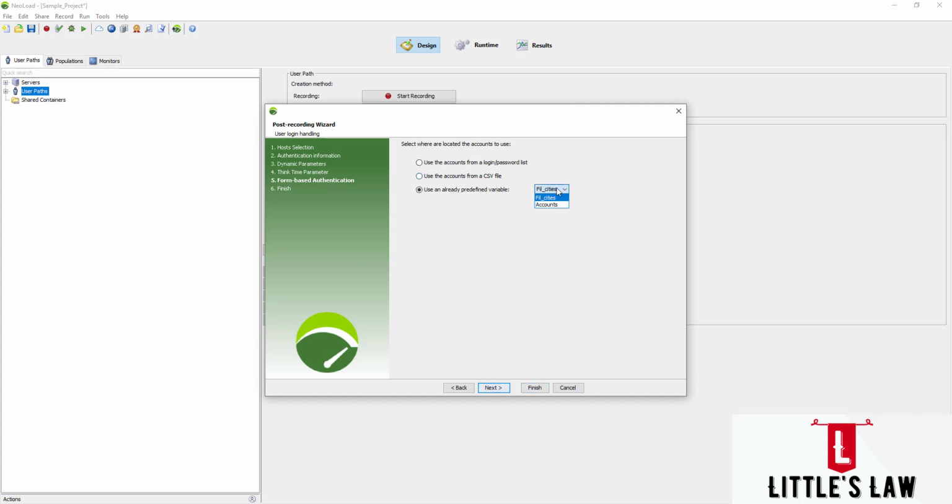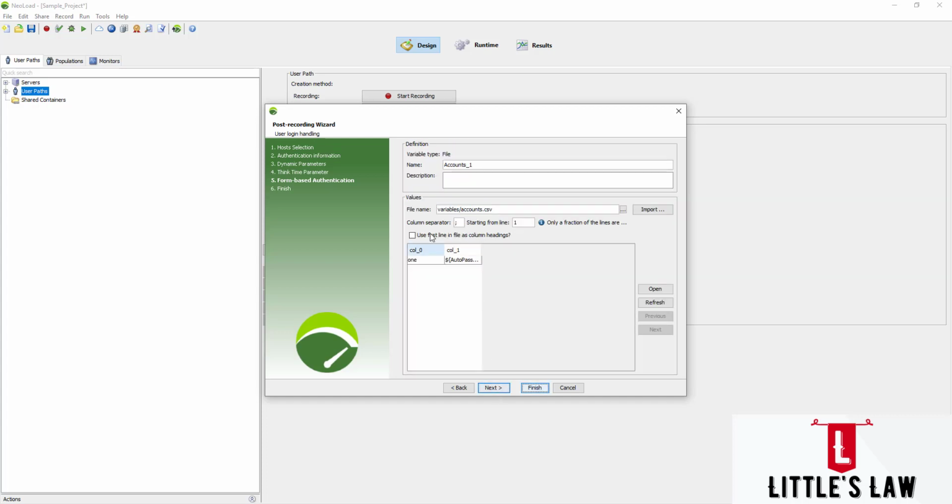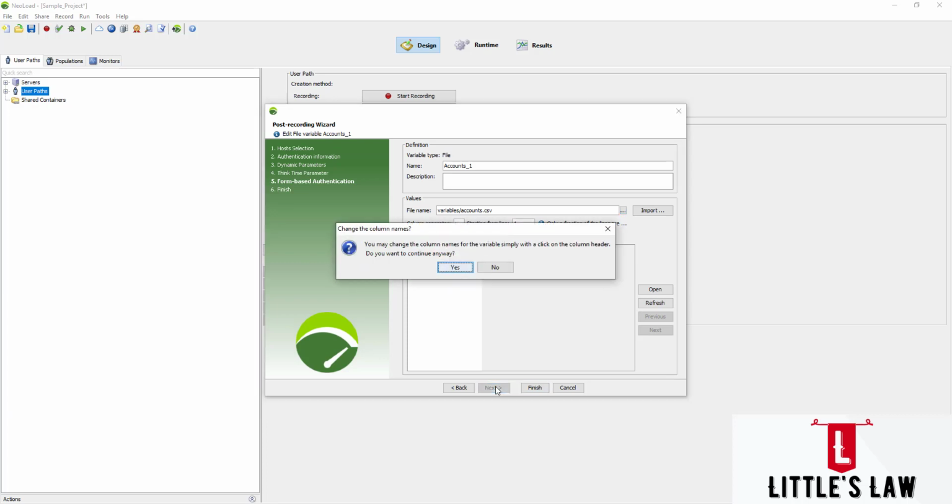If we have any predefined variables, we can automatically select from this location, or else if we have any CSV files, we can choose this option. And when we click on next, we get this option where we can import the CSV file, or we can choose this option and we can import the CSV file. So for now, let's go to the next step, which is clicking on next,